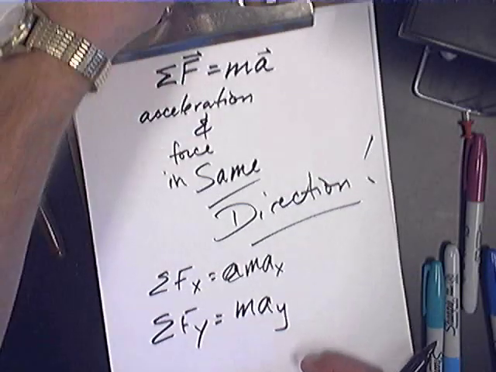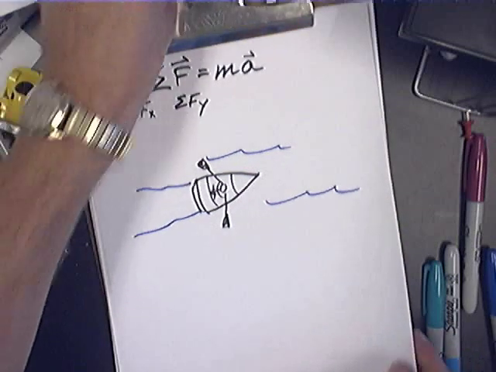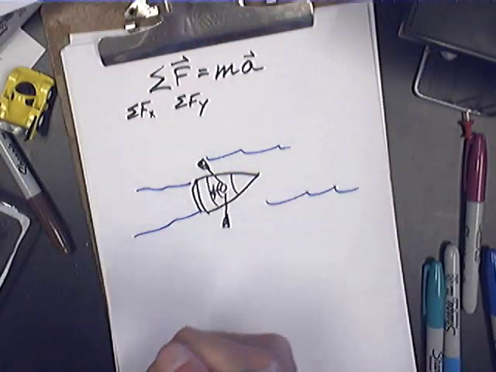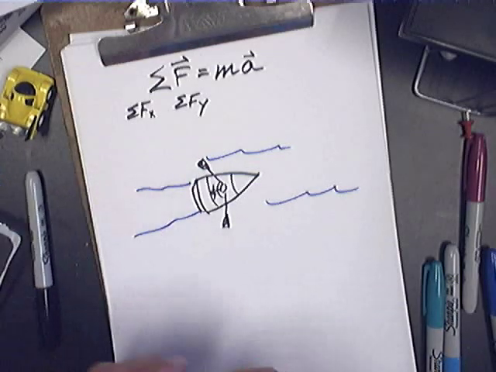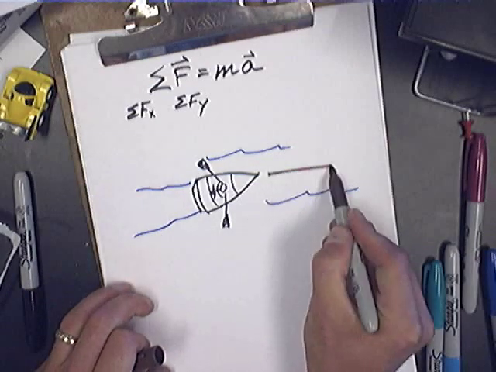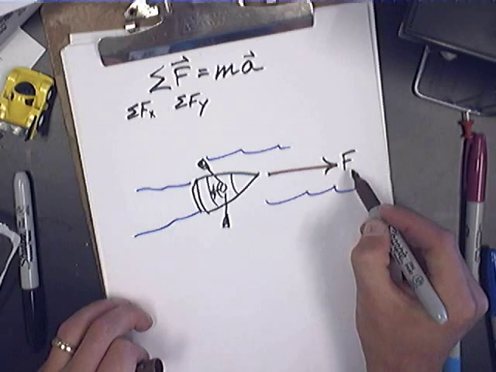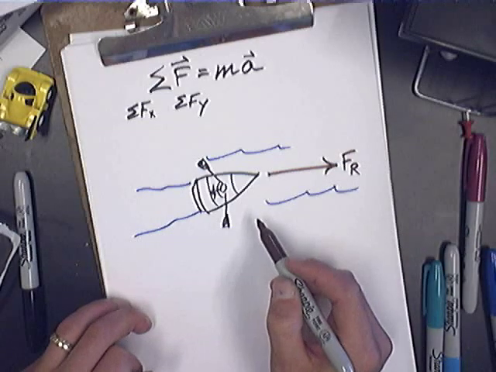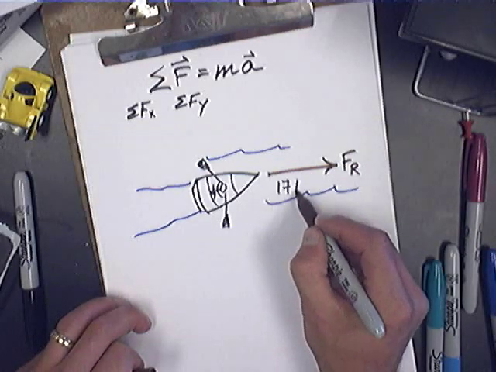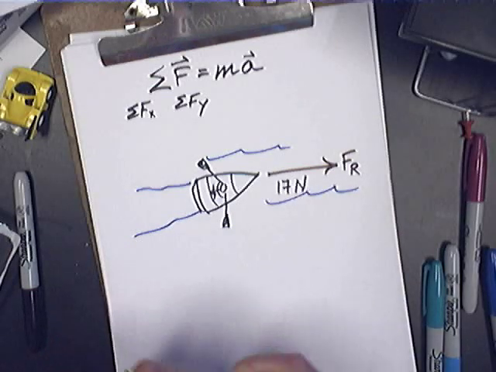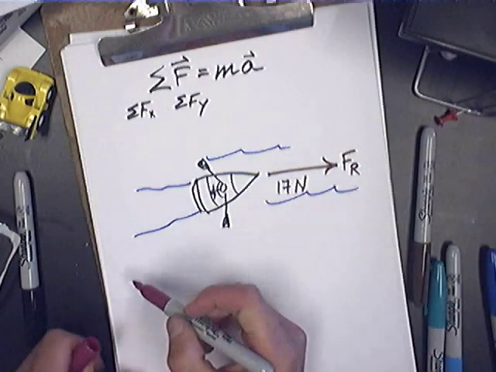Well, let's take a look. So, I'm in a boat. And I'm rowing in this boat, and I'm rowing in this direction, so the force of my rowing in this direction is 17 newtons. However, old man Winter comes up,